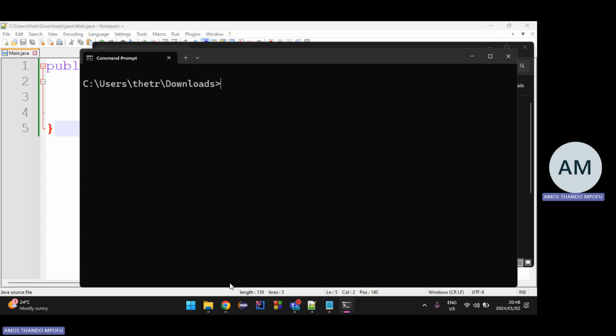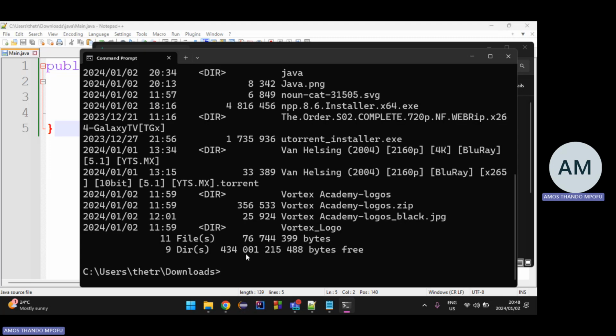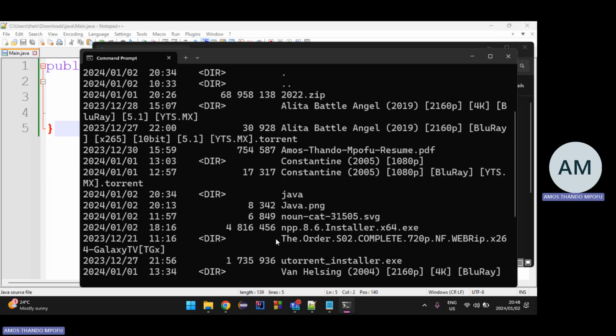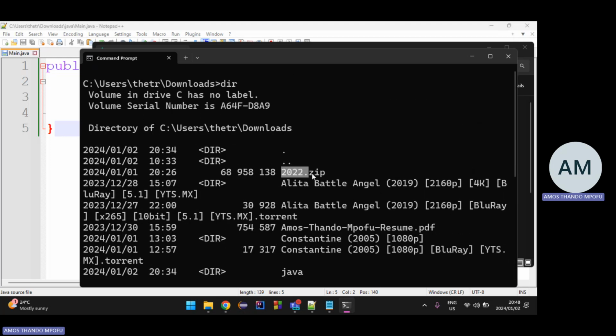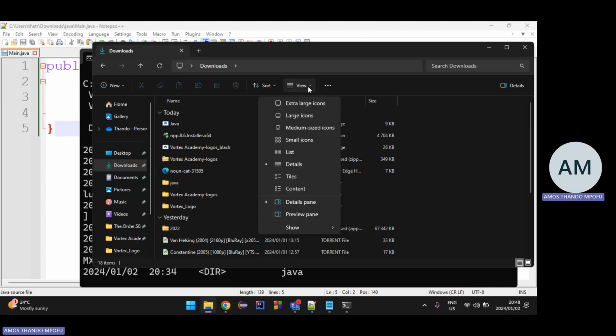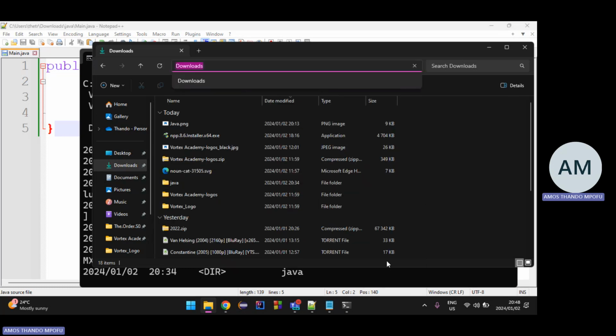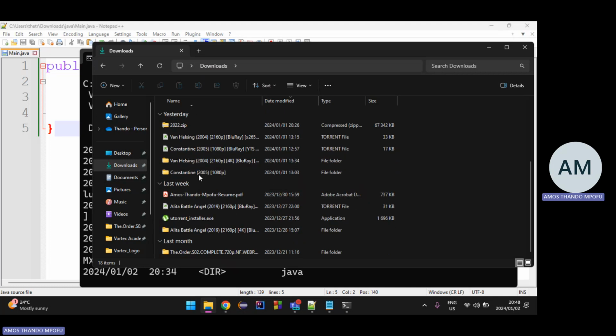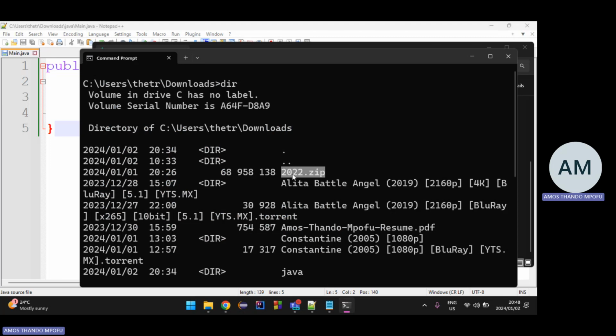So I'm going to say dir, so that it prints all the things that I have in that folder. You see, 20.zip. There it is. Just that here you cannot see the file extensions, so let me show file name extensions. Yeah, you see 20.zip, exactly the same thing that I'm seeing here. So I now know that I'm in the downloads folder.